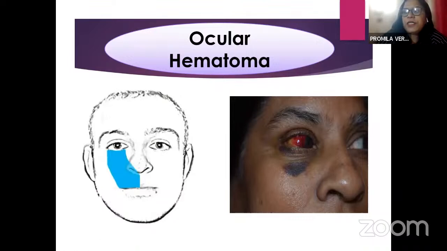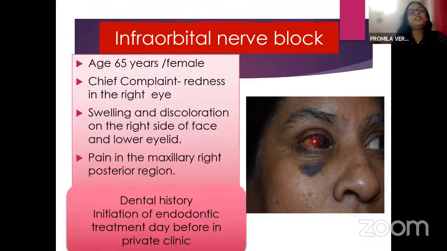all, to discuss one of the cases reported in our department, that is ocular hematoma, which occurred due to the injection while treating the patient's first premolar. The infraorbital nerve block was given, and the patient developed a hematoma in the orbit. As you can see in the diagrammatic representation, the infraorbital nerve supplies the upper part of the lip, ala of the nose, and the lower part of the orbit. So this is a situation where a 65-year-old female patient